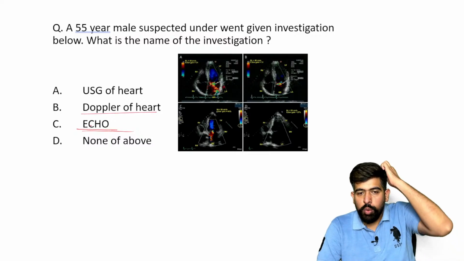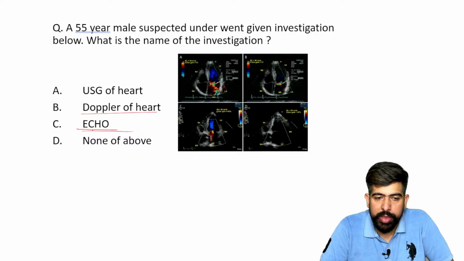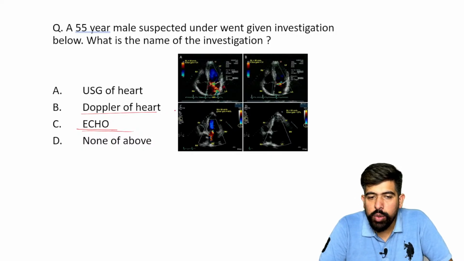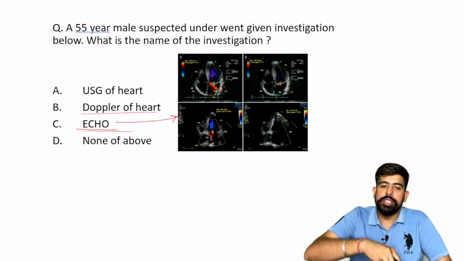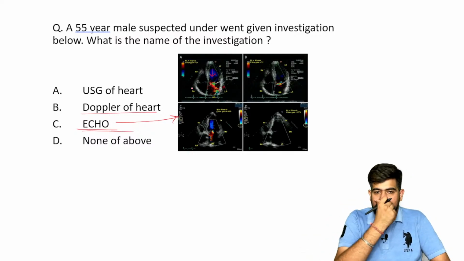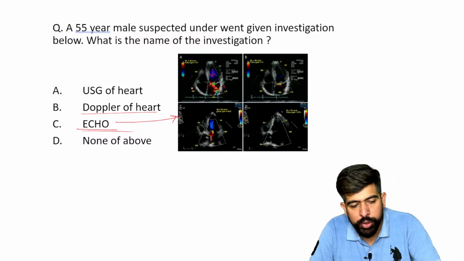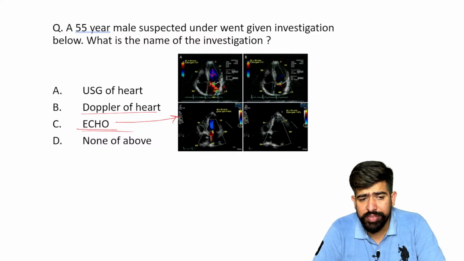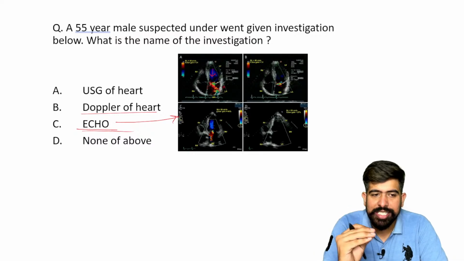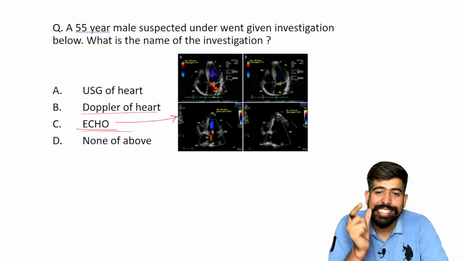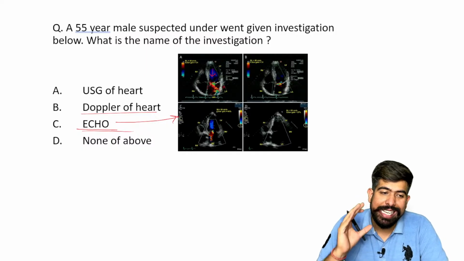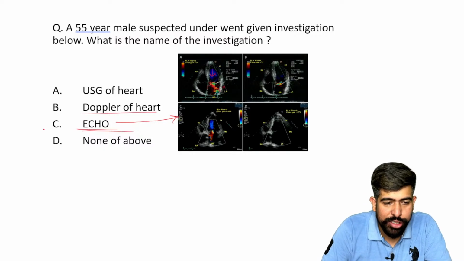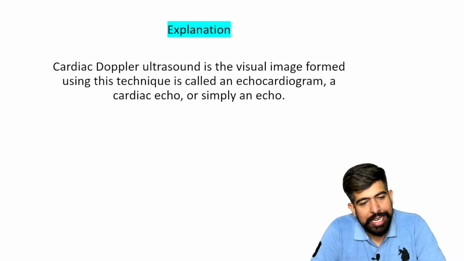But at the same time, what can happen by the echocardiography, right? This is the echocardiography. Yes, of course, this Doppler coloration we are going to see because we have to see the filling of the atrium and the ventricles, right? The same probe, the same ultrasound machine we are going to use. But we cannot say Doppler as the name of an investigation, right? The name of the investigation is echo, echocardiography. So the answer should be echo, and I hope you know about it.